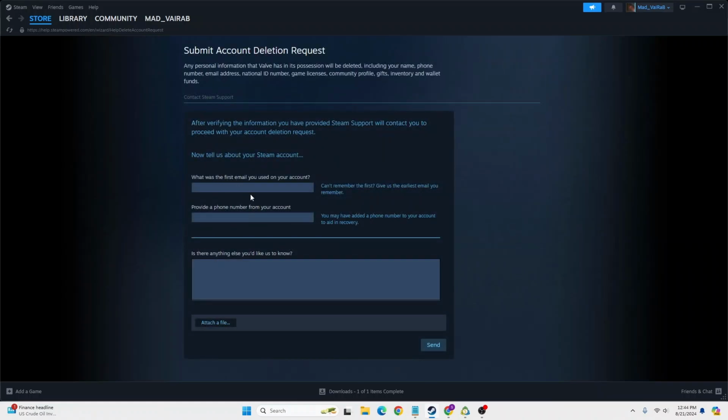give the required information to Steam over here, and here it says attach a file if you want Steam support to know anything else you'd like them to know. With that being said, enter your information, click on the send button over here, and after getting the information, Steam support will lock your account and it will be deleted after 30 days. And with that being said, this is how you will be able to delete your Steam account online on